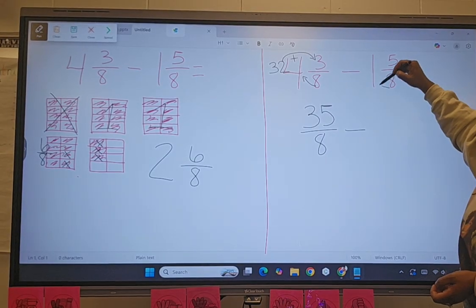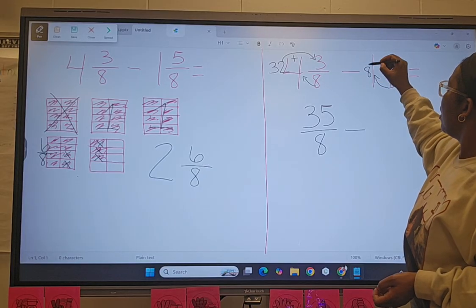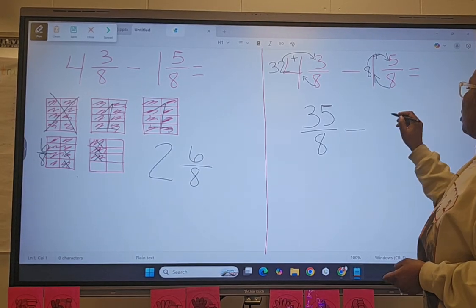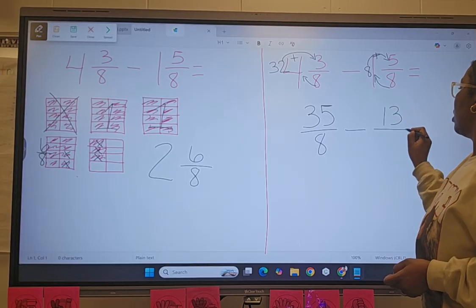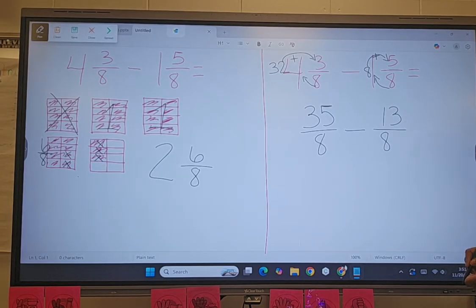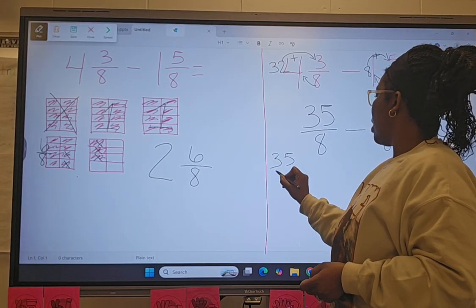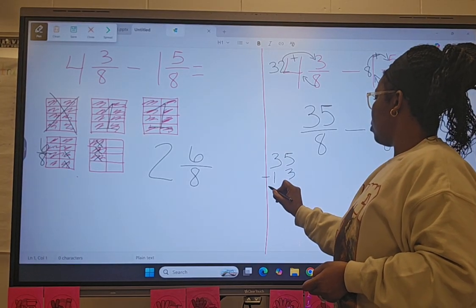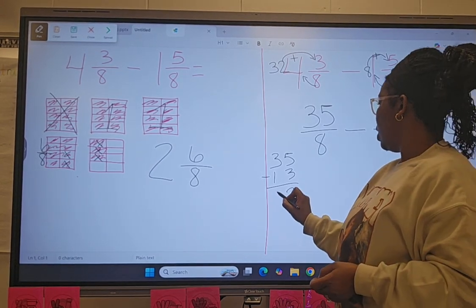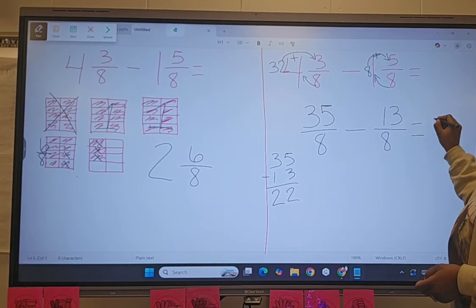I'm going to do the same thing for this part. I'm going to multiply 8 by 1, which is going to give me 8. And I'm going to add 5, which is going to give me 13. And that gives me 13/8. Now I can subtract 35 minus 13. And it's okay if they need to write it out in order to help them. 5 minus 3 is 2. 3 minus 1 is 2. And now we're at